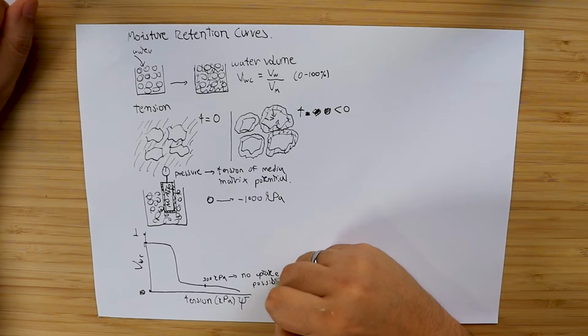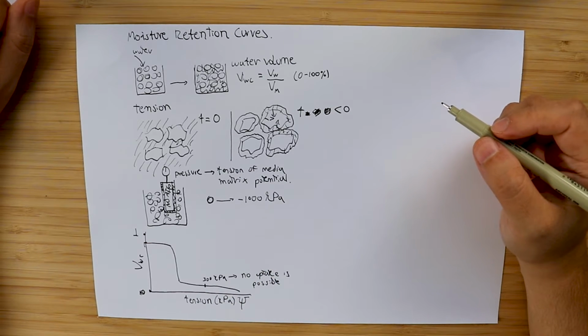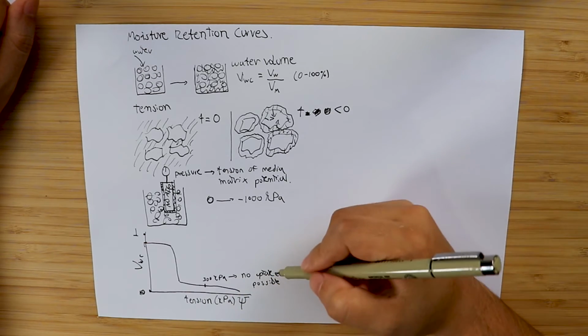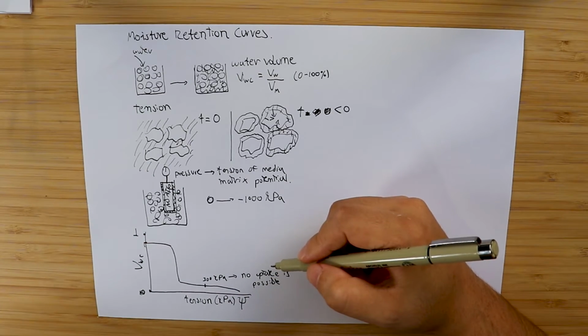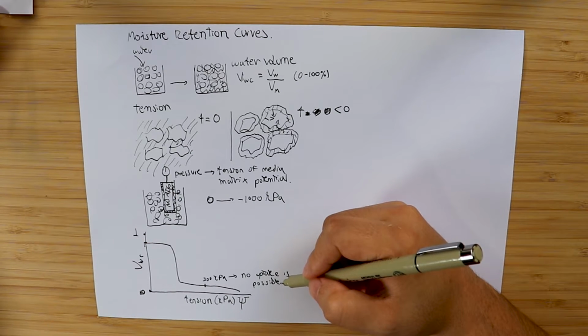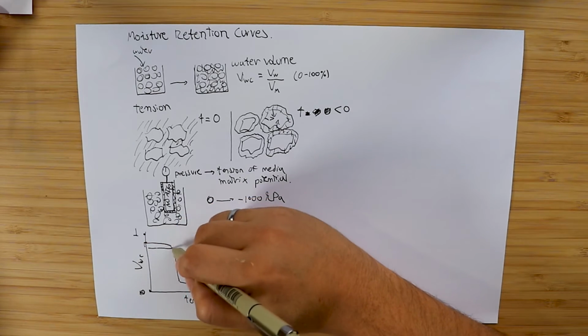So after we reach this point, plants can no longer draw water from the media because the pressure needed is too much for most plant species, and therefore the media will draw water from the plant. So this is like critically underwater. This is where plants will usually wilt because the media will draw water out of the plant instead of the other way around. So basically we have here our